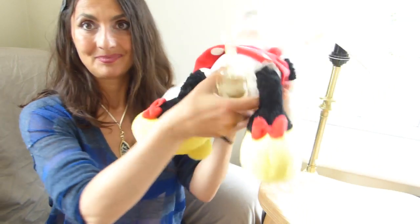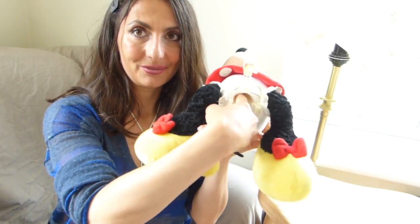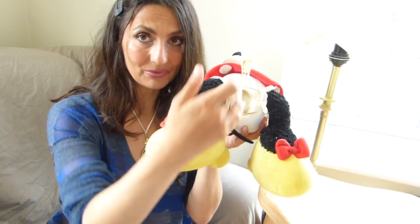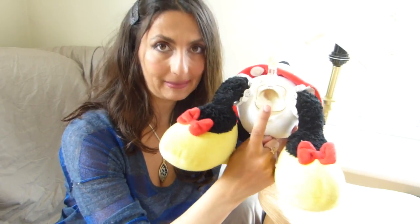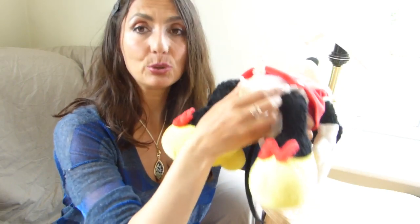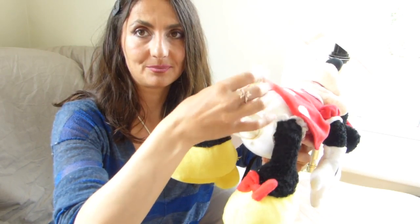Once it's done sucking from the inside of this little setup, from the lips of the cervix, it is going to crawl right back out. So if you keep this open, the leech will come out through this opening. If the leech doesn't come out, even if you close this, okay, if you take this out,